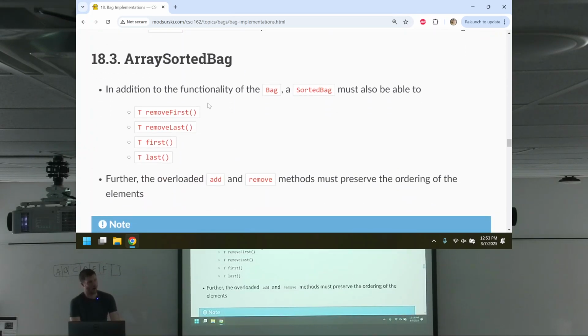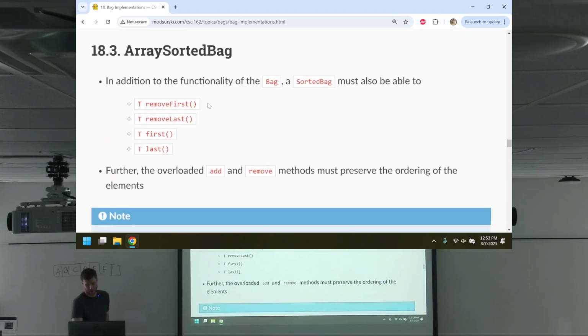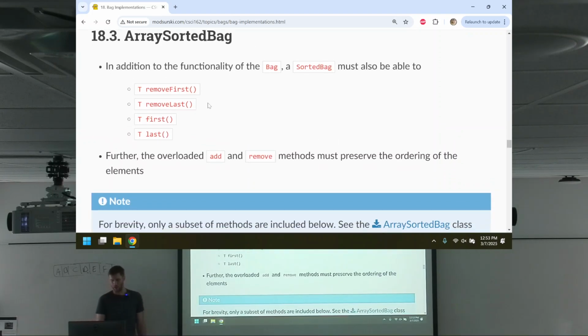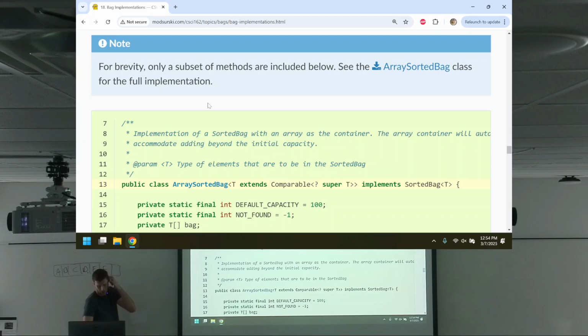Okay. Now, I didn't show you all the methods. If you go download the class that I wrote, you'd find all the methods in there, things like contains, index of, and whatnot. But they should be pretty straightforward for you, just linear searches. Now, if we had an array sorted bag, let's say we were going to start thinking of remove first, remove last, first, last, but we know add and remove have to be done in a certain special way. So, array sorted bag. Again, like I said before, we're only going to include specific ones to discuss here.